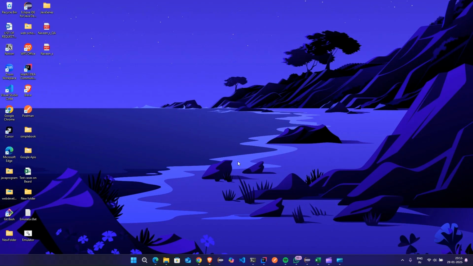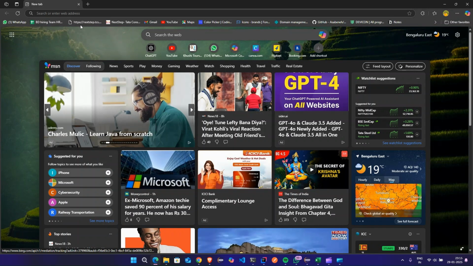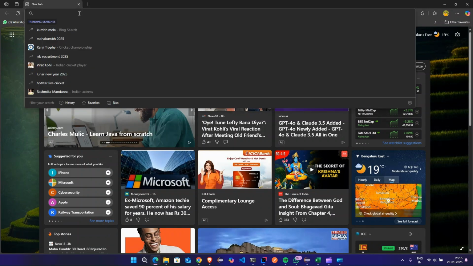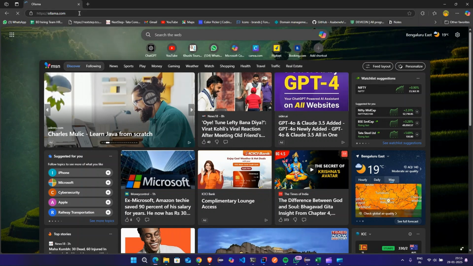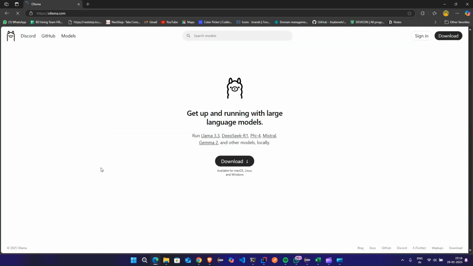So today I'll be showing you how to install Ollama and DeepSeek AI in your local machine. So first we need to go to ollama.com. Once you visit this page, you should see the download option. So click on the download button